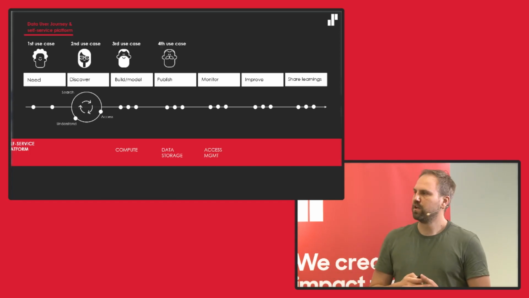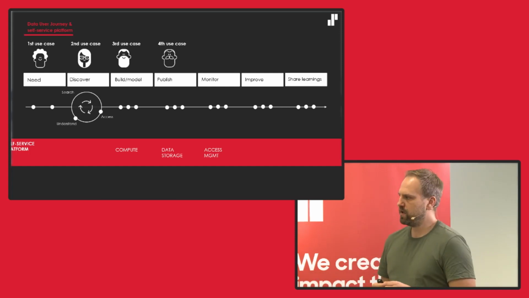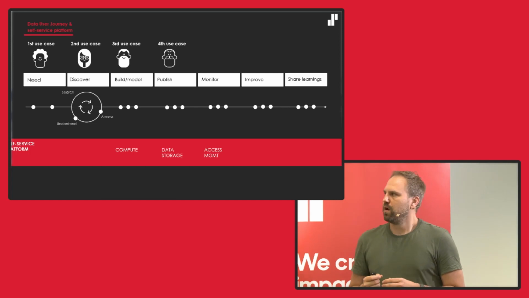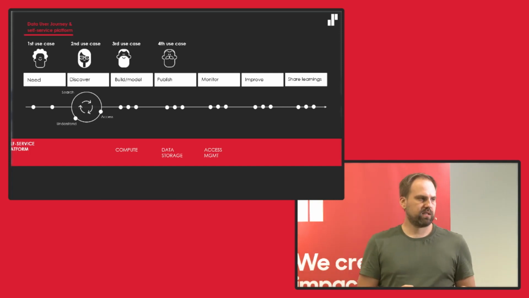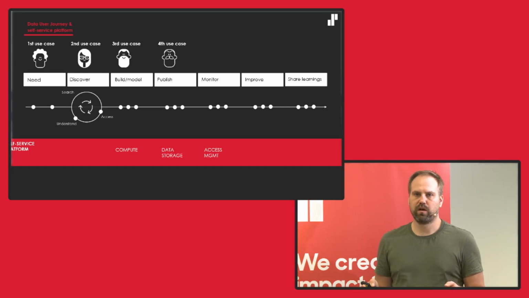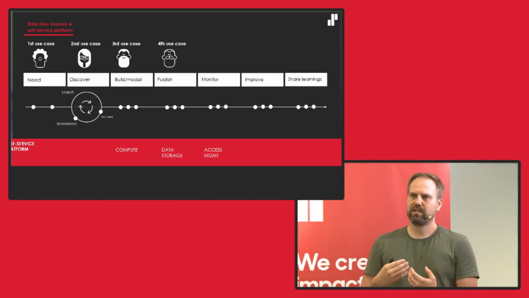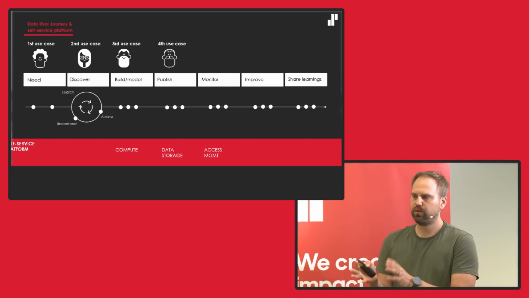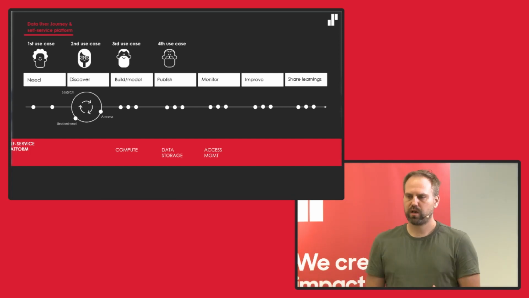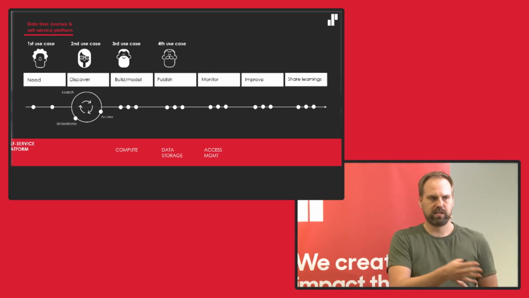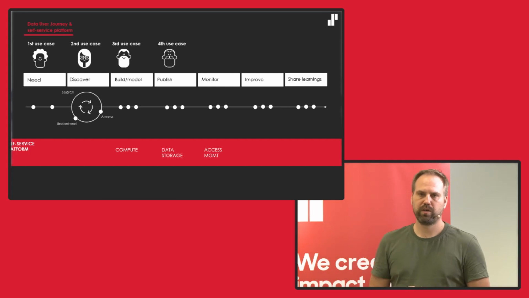And then we take the fourth case, and we discover a new self-serve platform component. Now the access management came in. Okay, we realized that the three use cases don't have any access management. There's something fishy going on. But we have only four use cases, so we have to fix it for four use cases, not hundreds of use cases. So we can take these things bit by bit, and once we're talking about few use cases, we're talking about few data products. So it's okay if we discover something late, because we can go back and fix it. It's not a big issue. It's not a problem to fix it for three use cases.